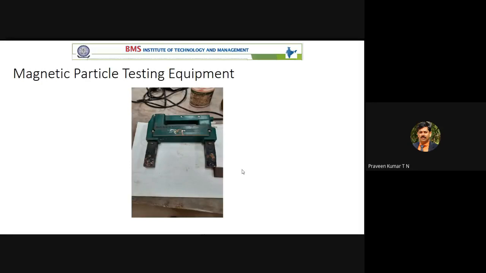So it's a very simple test. It takes only a few minutes, but the only thing is you have to understand some fundamentals, as you studied in your basic electrical science, even PUC physics also. You know all the electrical fundamentals. What is magnetism? What is ferromagnetic material? What are non-ferrous materials? Only those questions may be asked.